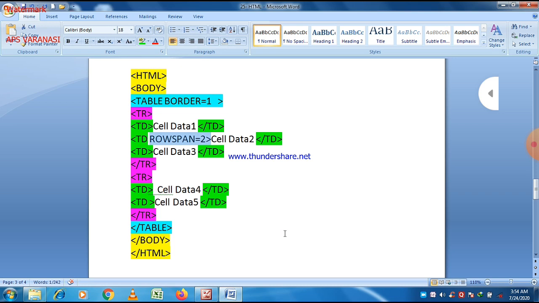So let us check. I think the concept is now clear to all of you. First of all, just write HTML, then the body tag, and then if you want to print a table in a web page, just write a table tag and take border equal to 1 or more than 1. If you don't take a border attribute or declare border equal to 0, then by default there is no border at all, or a border of width 0 will be there. And after that you should declare the tr tag, table row.